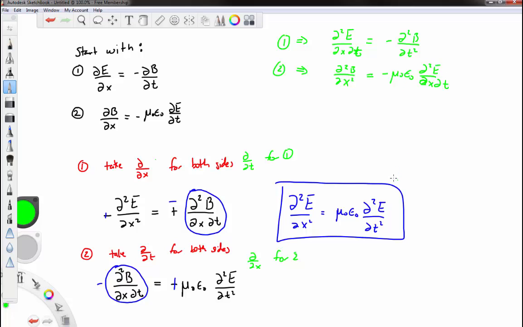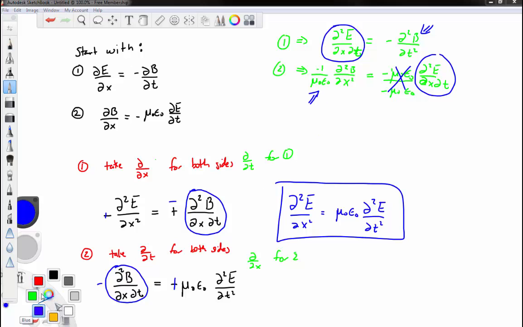Okay, so we need to somehow get rid of this mu naught epsilon naught term that's on this side. So we're just going to go ahead and divide both sides by negative mu naught epsilon naught. So minus 1 over mu naught epsilon naught. And so what you end up doing with that is that now we have this term and this term which are the same, and so that means that this term and this term must also be the same. So by setting those equal to each other, what you end up with is